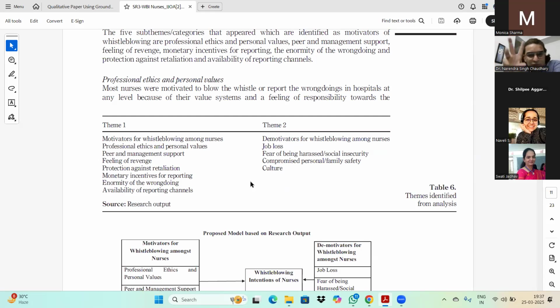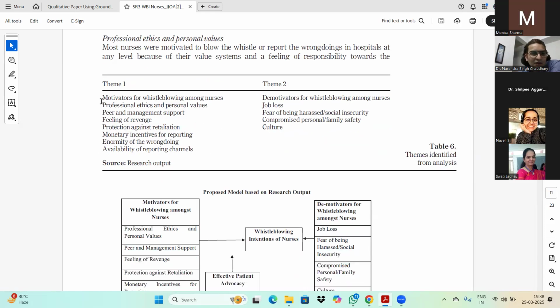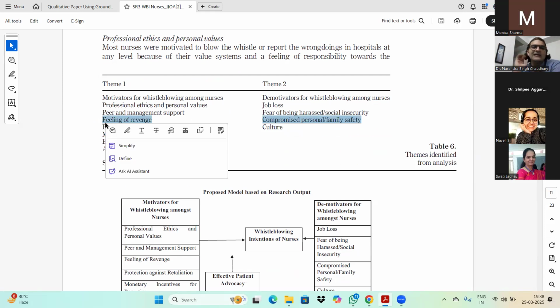These are my, so I had identified two major themes, motivators and demotivators. तो मैंने यहाँ पे दो themes ही बनाई हैं। अगर आप यहाँ देखें तो मोटिवेटर्स फॉर विसल ब्लोइंग फॉर नर्सेस, तो पहला क्या, प्रोफेशनल एथिक्स है, सपोर्ट, फीलिंग ऑफ रिवेंज। ये पहले किसी भी लिटरेचर में नहीं निकल कर आया है।